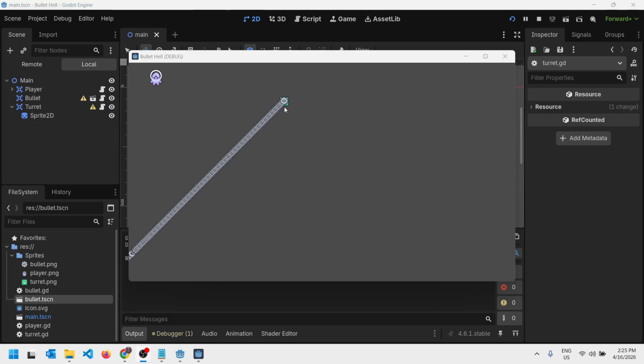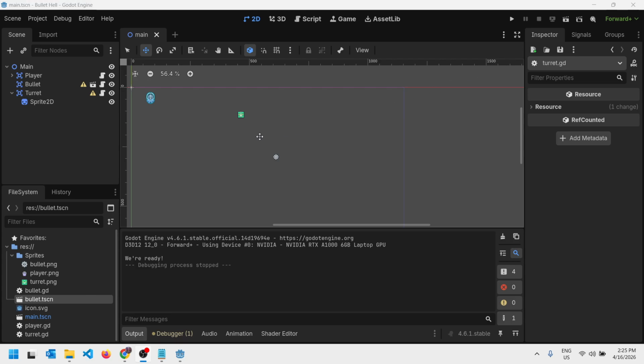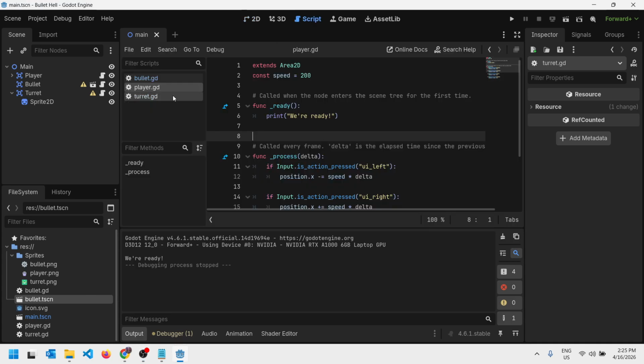So where we're at is we've got this one turret shooting bullets every single frame, all in exactly the same direction. It's not very good, really. Let's fix a bunch of stuff. So if we go into the turret and we look at the script for the turret,